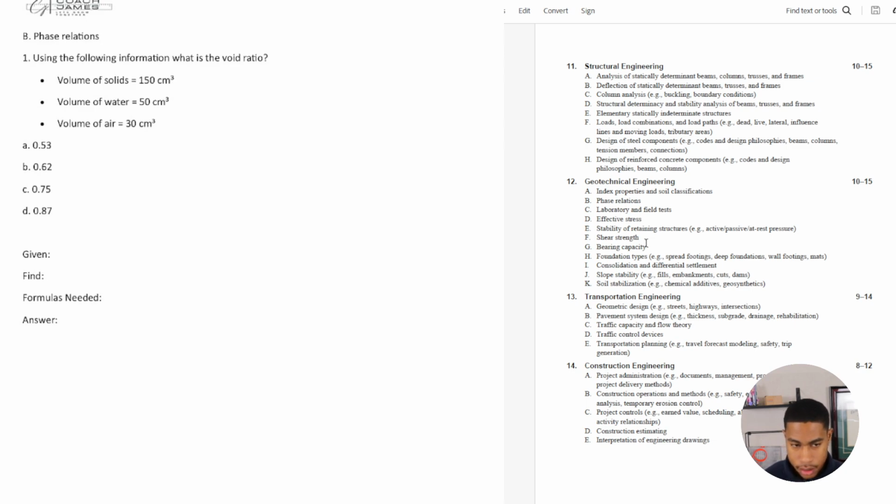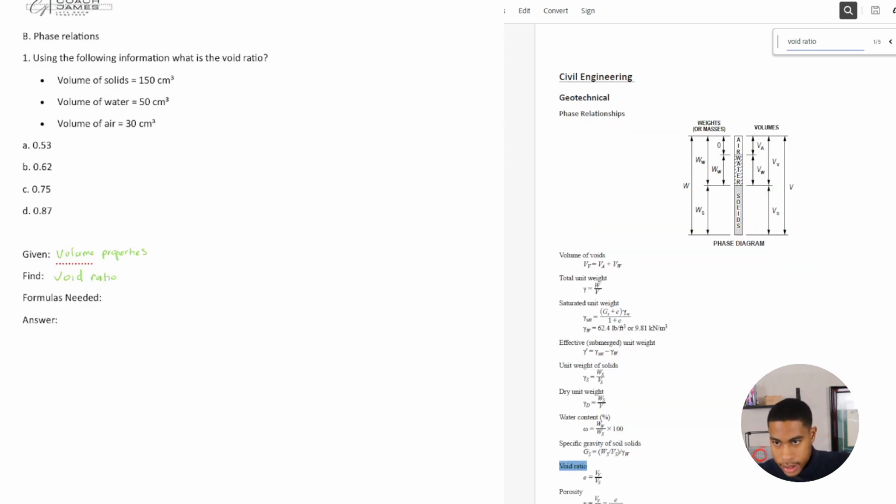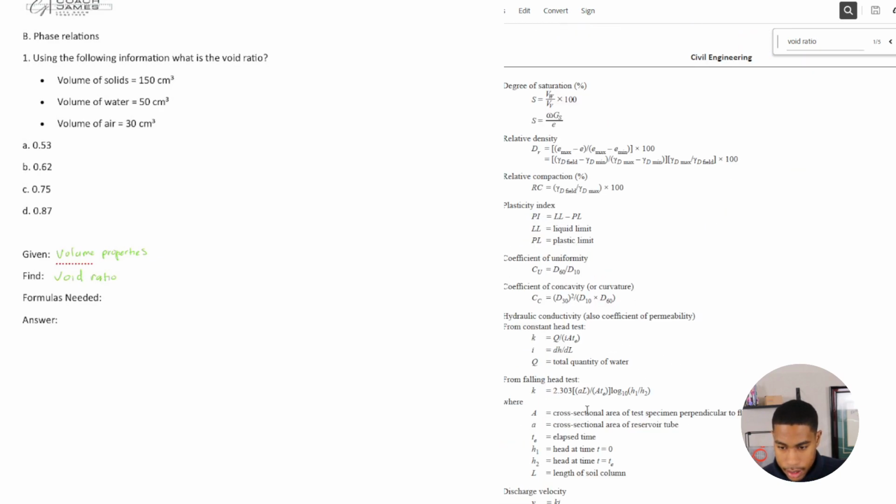All right, so where do we start? Okay, so we first start by writing down the given information. They give us the volume properties of the sample. Okay, so we're trying to find the void ratio. So how would I do this? Well, first thing I would do is search void ratio. And once I search that, I get to the geotechnical engineering section, and they let me know